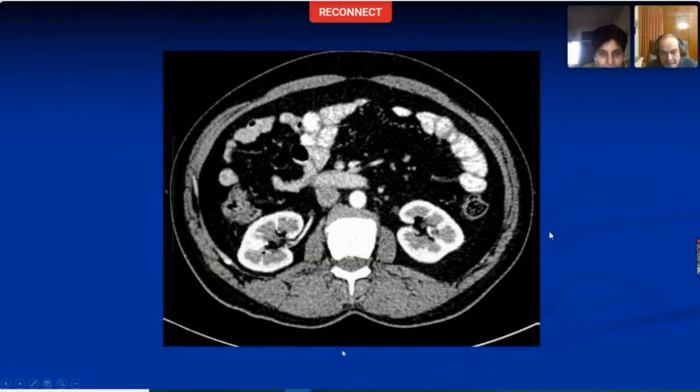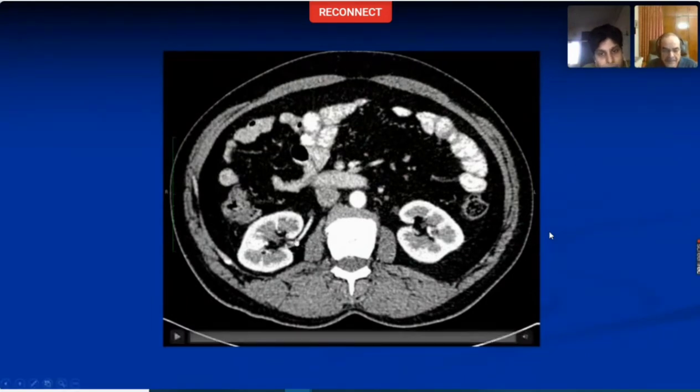So with this hypervascular tumor, the patient had hypertension and had episodes of tachycardia, sweating, anxiety. His urinary catecholamines were raised. Okay, so this, you're right, is indeed a pheochromocytoma from the right adrenal. So what is the 10% rule for pheos? Sir, 10% are malignant, 10% are bilateral, 10% can be extra-adrenal.